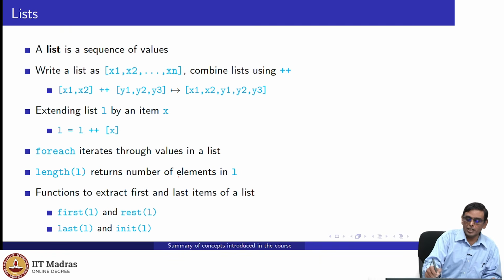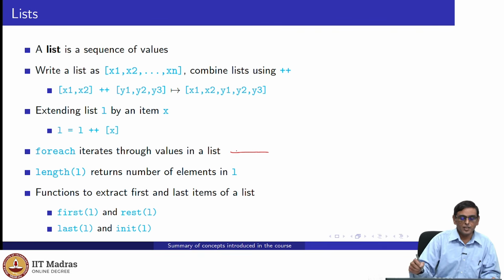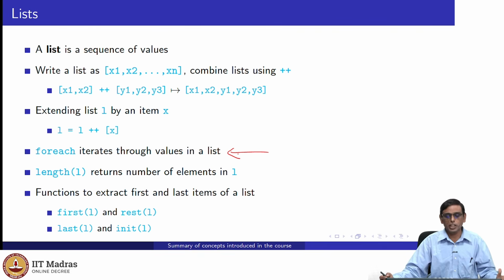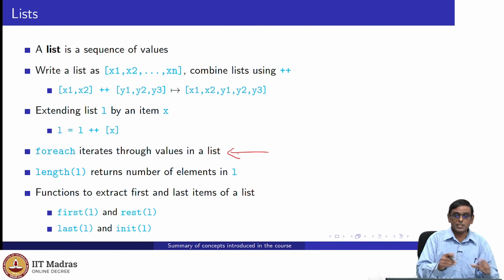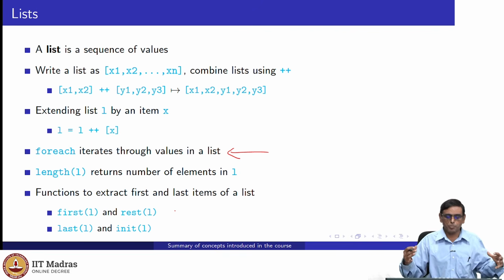So we saw that not only did we create this object called list, we created an iterator for the list, for each, which will basically go through the list. Then we had ways of disassembling the list. You can take the list and break it up. How do you break it up?